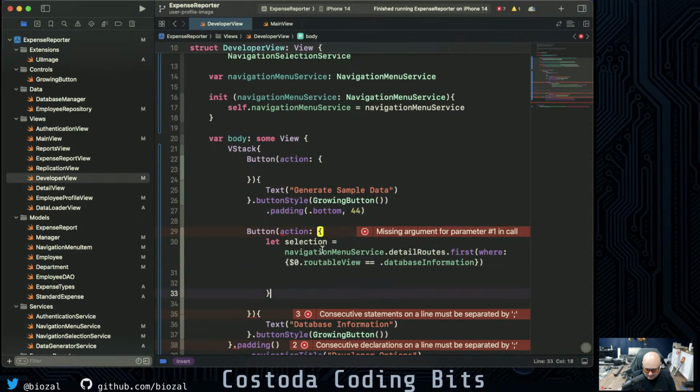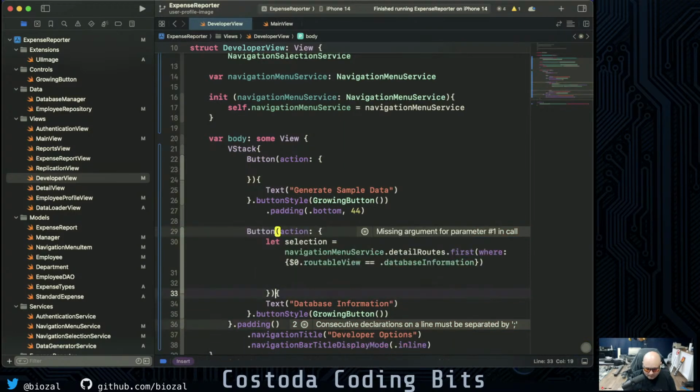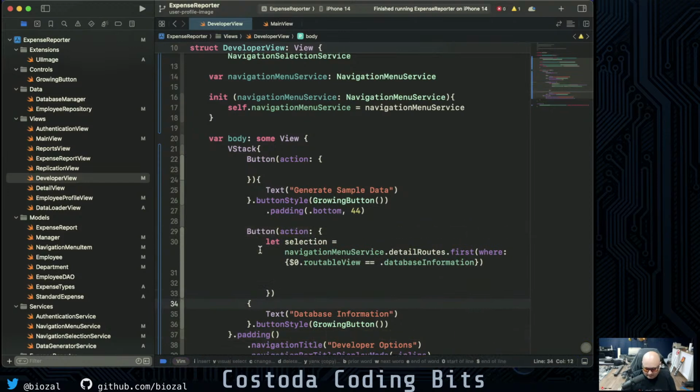Why is it saying select? What do we got wrong here? Oh, we have an extra one of these. That should fix that. And so now this should be nullable though, because the first may come back with nothing, right? And so our nillable, is that how we say it in Swift land? Let's see here. So if selection first, so we would have to say,